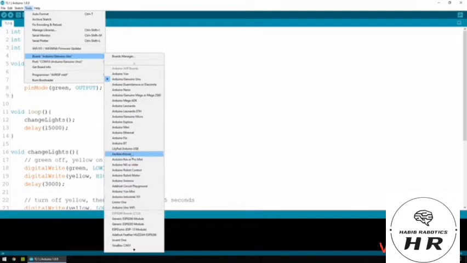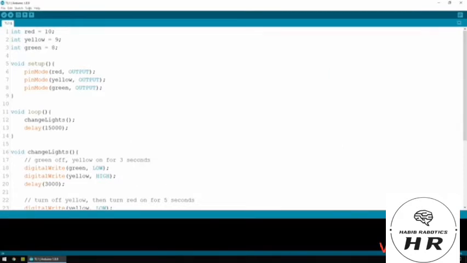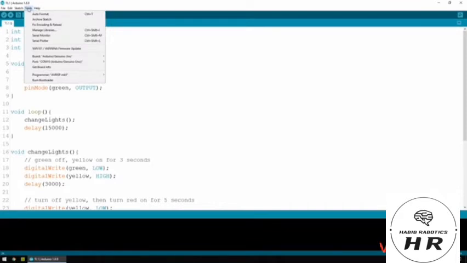And if it isn't in this list, head to the Boards Manager and search for it. You'll probably find there is already a version of it in the Arduino IDE. You're also going to want to make sure you're using the correct communication port. Now I know that in COM10 I have my Arduino because it actually shows up here. If you have several COM ports and you are not sure exactly which one it is, if you open up the Device Manager on Windows